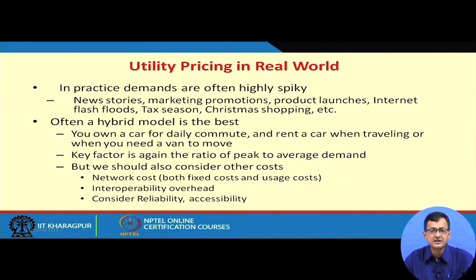Utility pricing in the real world, in practice: demands are often spiky, like news stories suddenly coming in, market promotions, product launches, or an internet flash flood when something goes viral. Some are seasonal, like Christmas or tax season, when demand goes up. Often a hybrid model is best, like owning a car for your daily commute but renting a car when traveling